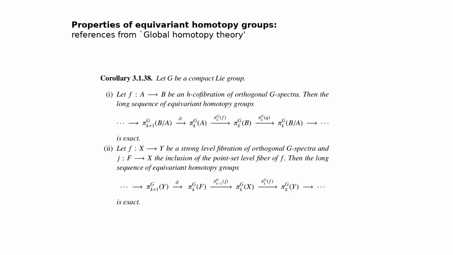There's a dual statement. There we have to look at morphisms of orthogonal spectra which are strong level fibrations. And this would mean that for every subgroup H of G and every H representation that you plug in, you get a Serre fibration on the fixed points of the H action on the values of this sub-representation. That's what I'll call a strong level fibration. You can look up the precise definition in the book if you want. And for strong level fibrations, a canonical map from the strict fiber, the categorical fiber, to the homotopy fiber is an isomorphism on equivariant homotopy groups. So whenever we have a strong level fibration, we also get a long exact sequence of equivariant homotopy groups.